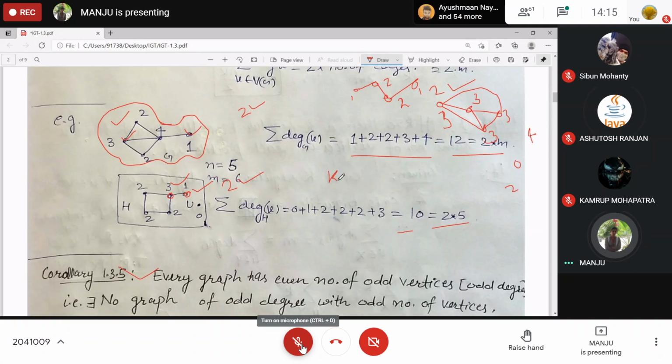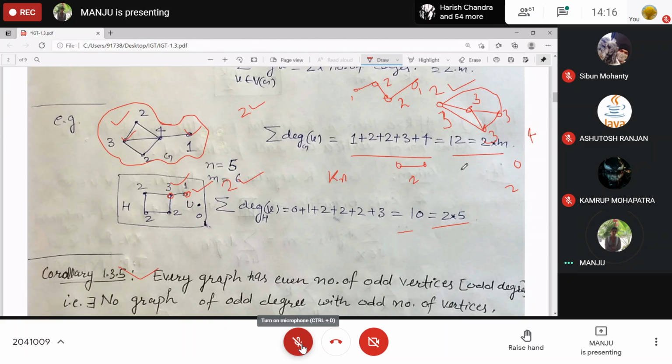In Kn, K2 has 2, K1 has 0, right? K3 has 0, K4 has 4. K5, all degrees are n minus 1, 5 minus 1, 4, so 0.